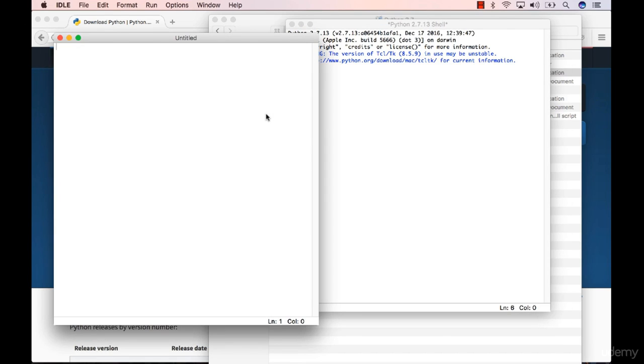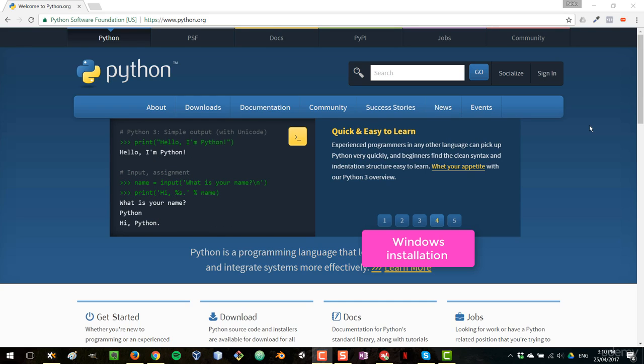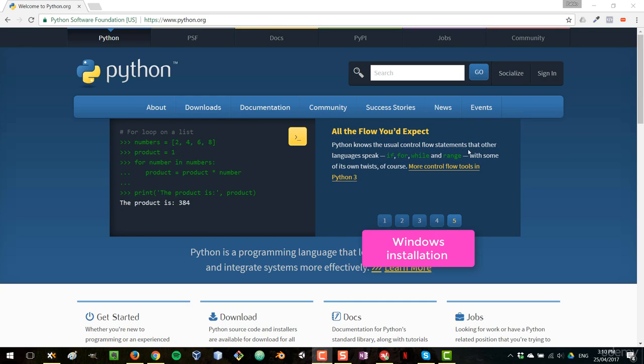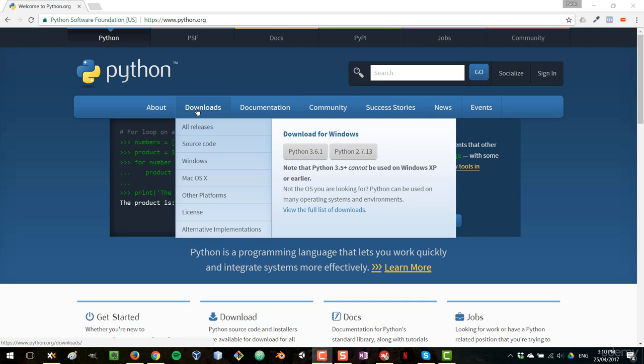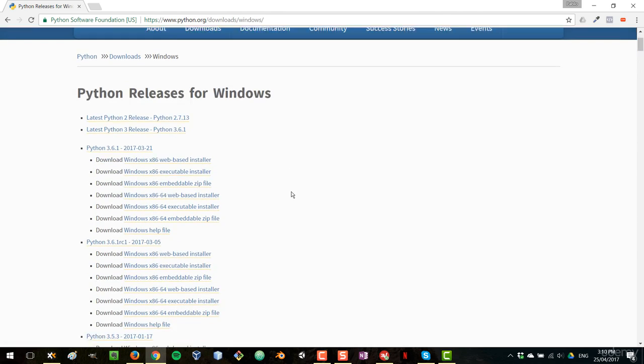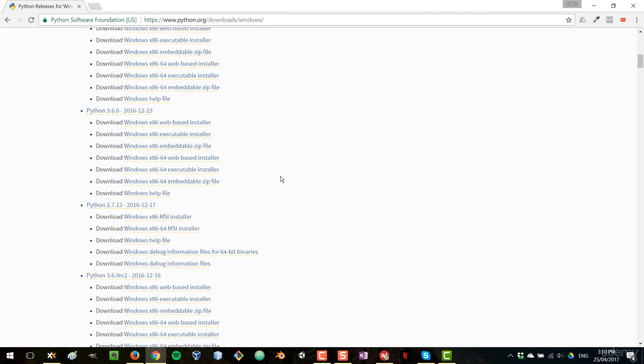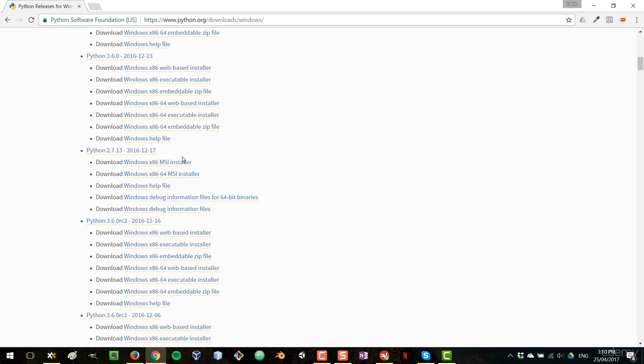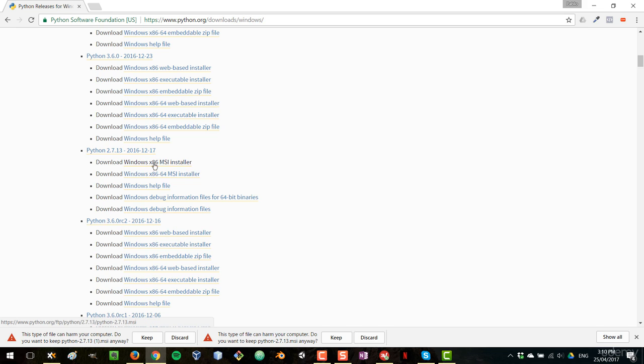Hi everyone, what I'm going to do now is show you how to download the version for Windows. So I'm going to go to Downloads, and I'm not going to click and download the Windows version that it says here. Instead, I'm going to go into Windows, and I'll be presented with a list of versions. I'm going to scroll down until I find the highest 2.7 version. And from all of these, the one that I'm going to choose is the one that says x86, which means 32-bit system. Even though my computer is a 64-bit computer, I'm still going to pick that one,